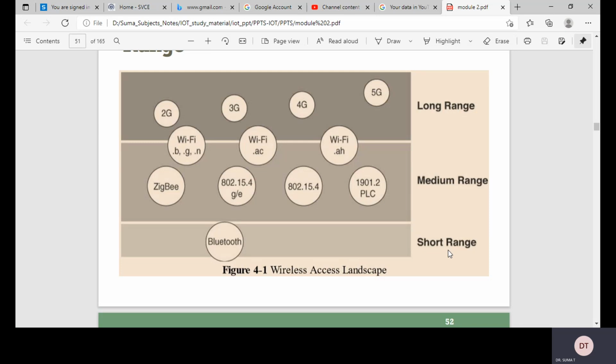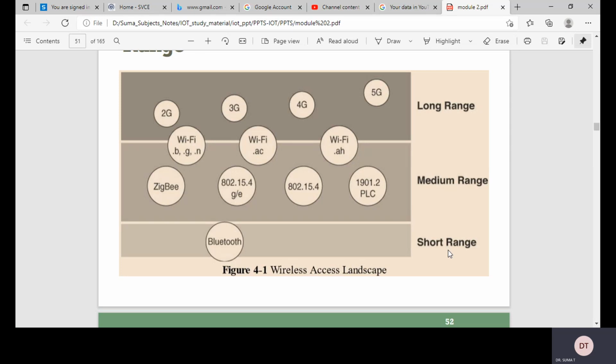So when you go for a medium range, you can see 802.15.4g, Zigbee devices, Wi-Fi 802.11h, 802.11ac, 802.11b, g and n. This range is the main category of IoT access technologies in the range of tens to hundreds of meters. Many specifications and implementations are available. The maximum distance is generally less than 1 mile between the two devices, although the RF technologies do not have a real maximum distance defined, as long as a radio signal is transmitted and received in the scope of the